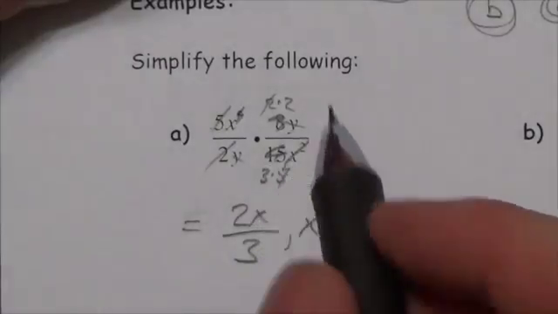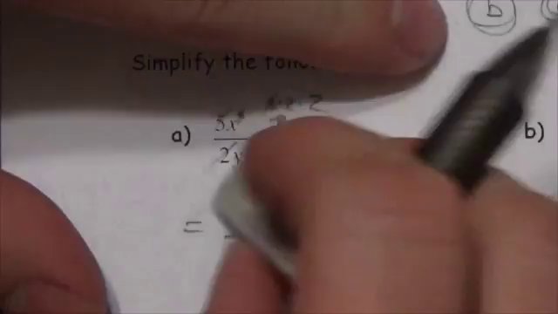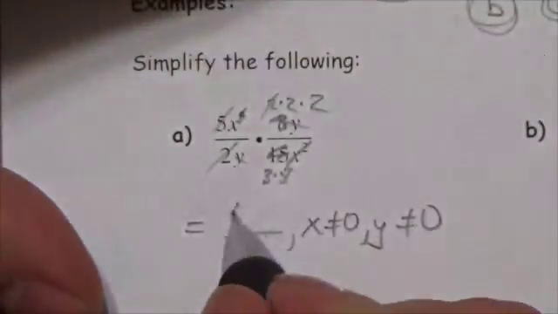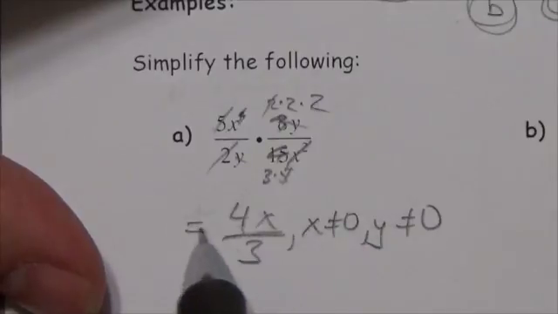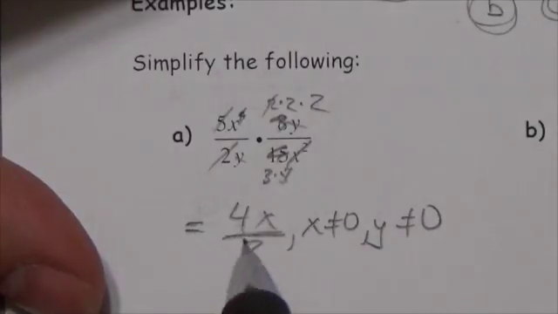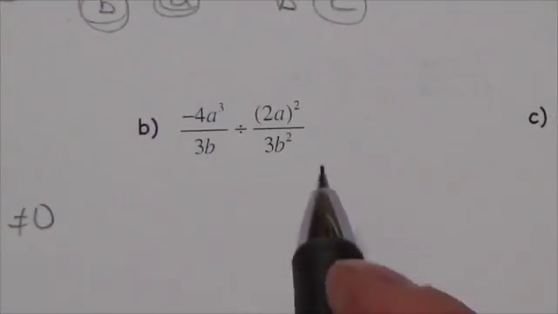So wait a minute. Oh my gosh, there's another 2 in there. That should have been 4x. Sorry, there's another factor of 2 in 8. I only threw down the 2 there. So 4x over 3. Okay, now, this guy over here,